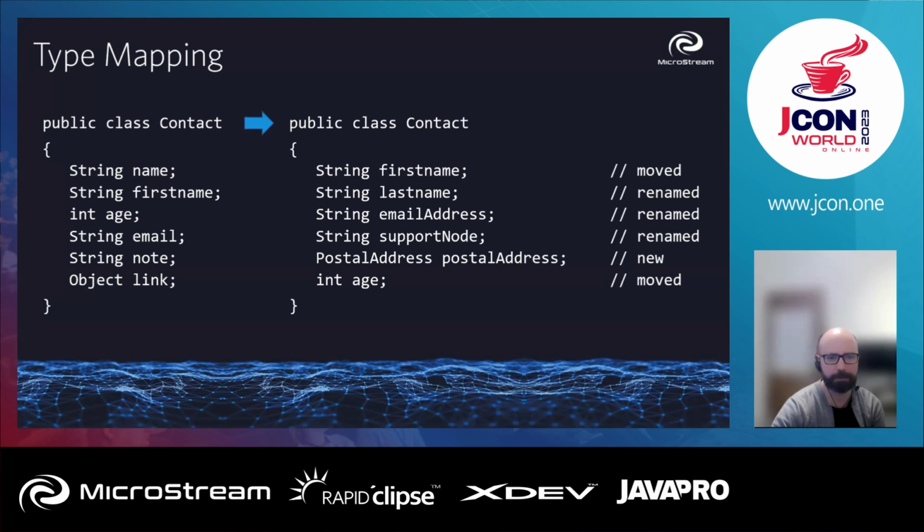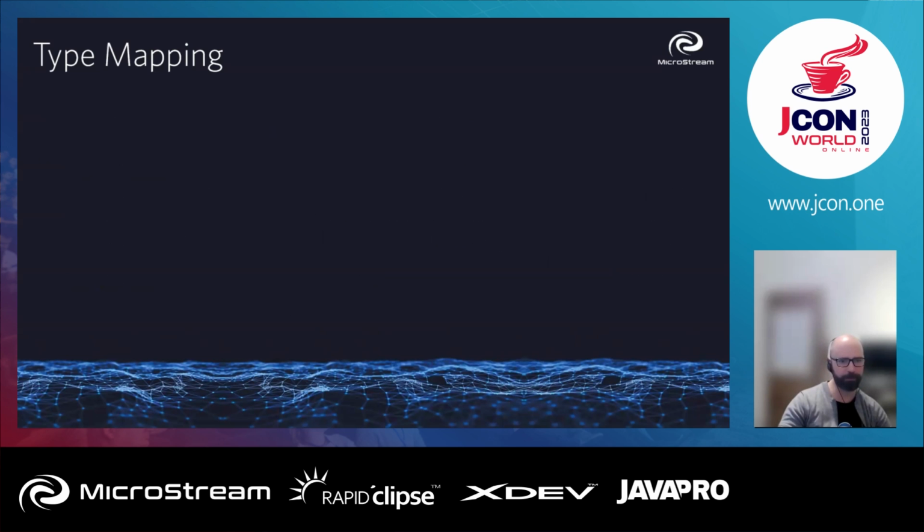For the most common, simpler cases, it's done automatically. Just a rename is discovered easily, or if you have a primitive type conversion from int to long or a float to double, the engine will do it automatically. But if you have more complex cases, like say you split name into first and last name, you can provide a custom type mapping for that. So you can configure how the data should be converted from version to version. And so you can control how the data flows